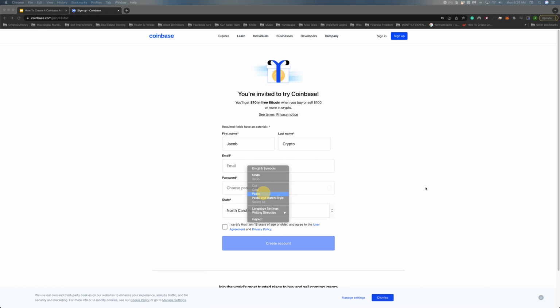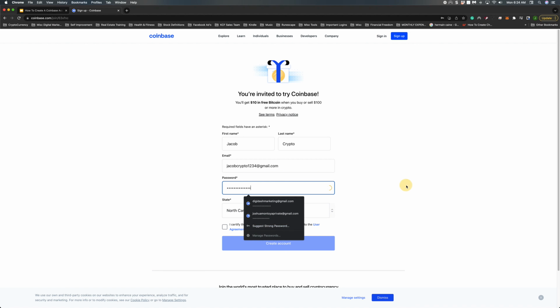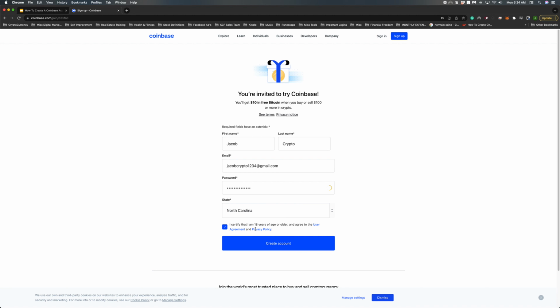All right, and then the next thing that we're going to do is we're going to create a password for ourselves. So we're just going to paste that on in. And then we're going to choose the state that we live in. We're going to certify that we're 18 and older, because you do have to be 18 years or older to use Coinbase. And then we're going to create our account. So as soon as we hit create our account,